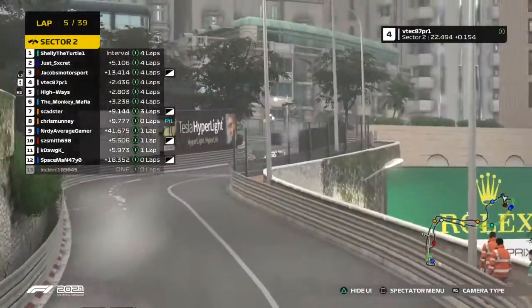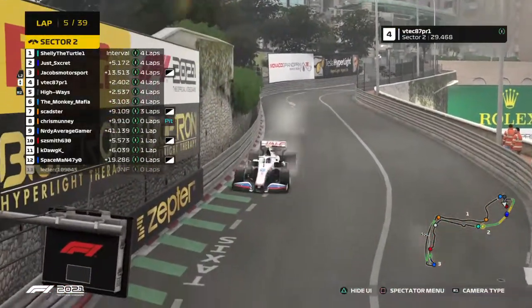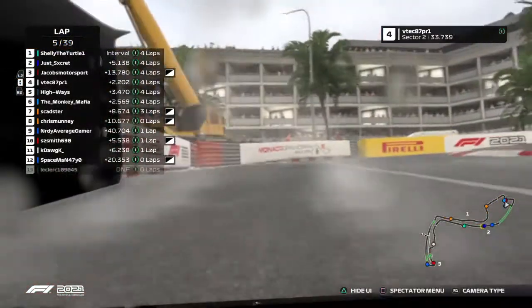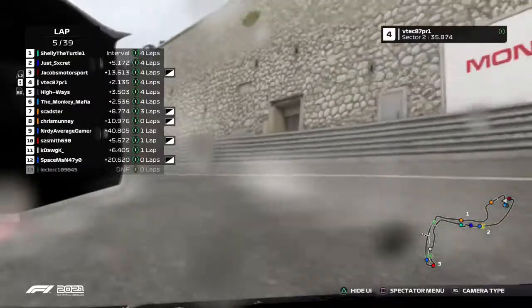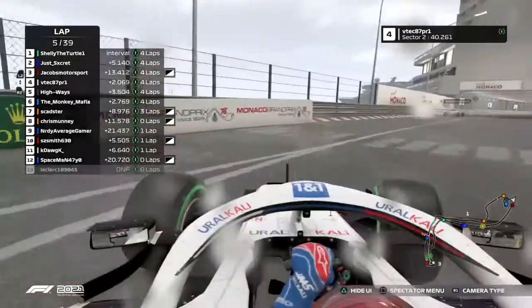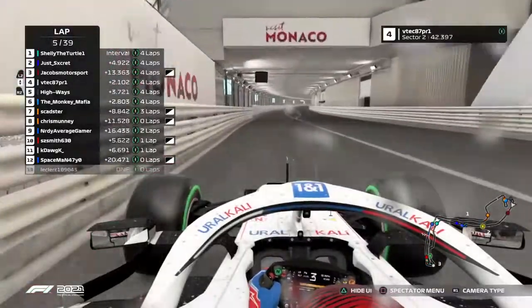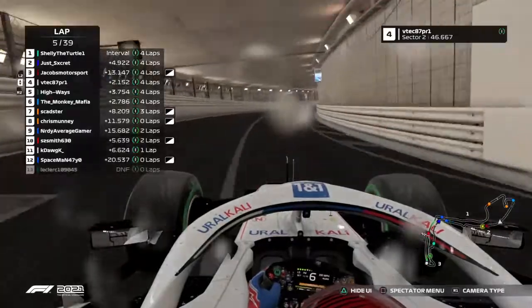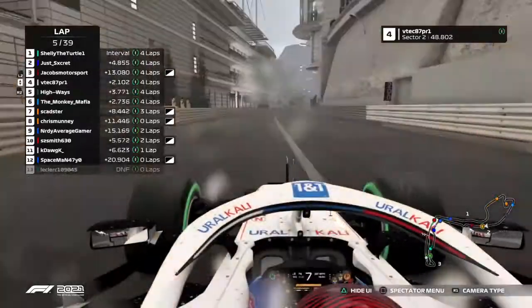VTEC has now cleared the traffic and is looking to chase down Jacobs Motorsport. These guys have a bit of a distance between them and the top 2, so they've got some work to do to get back up in contention for the race win, but still a podium still in sight for VTech. He's cleared a couple of tenths here in just the last few sections of the track, so seemingly having some